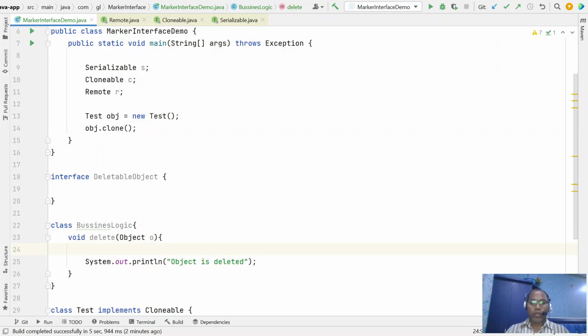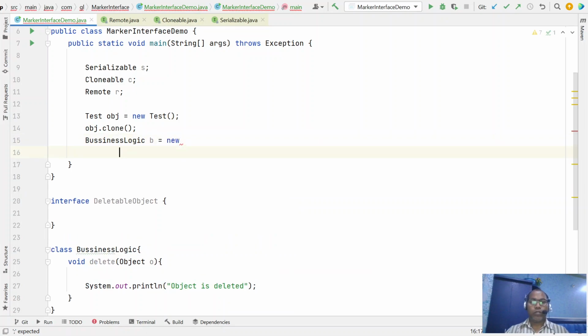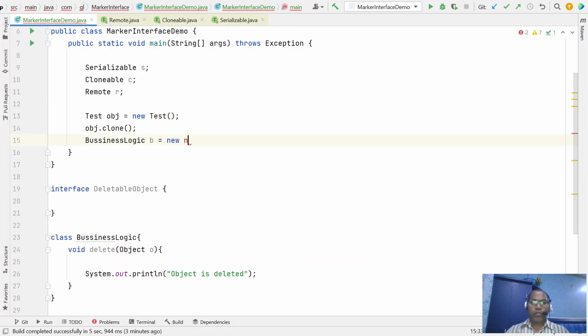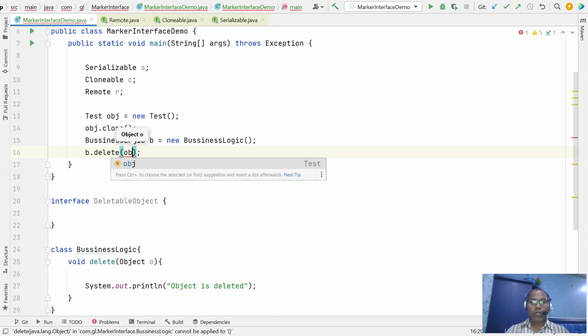Then we have business logic equal to new BusinessLogic, and b.delete, and you can delete the object.